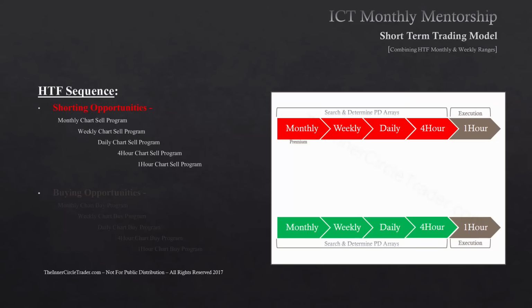So if we're going to look at the monthly, the weekly, the daily, and 4-hour on both premium and discount basis, as we've already talked about in previous disciplines and teachings in December and January, when we do this, if we're bearish, if we're looking for the monthly premium arrays to influence price to go lower, why is it important to look at the monthly, weekly, daily, and 4-hour discount arrays? Because we're looking for these arrays in the discount form to break. We want to see them break. And we want to see them continuously keep breaking until we get down to our